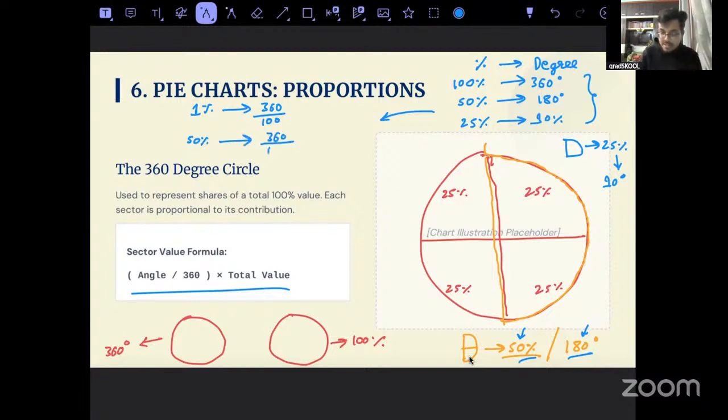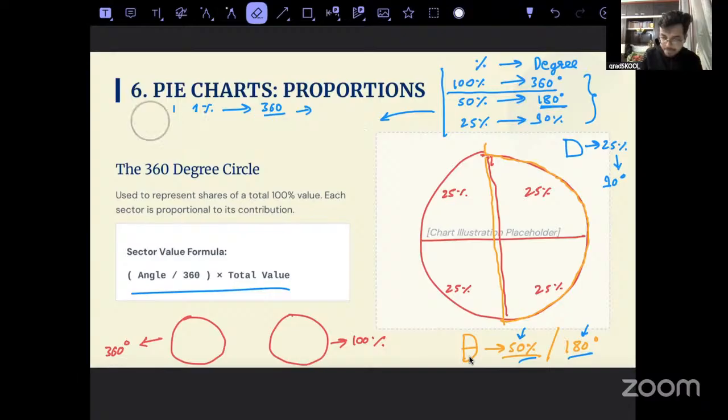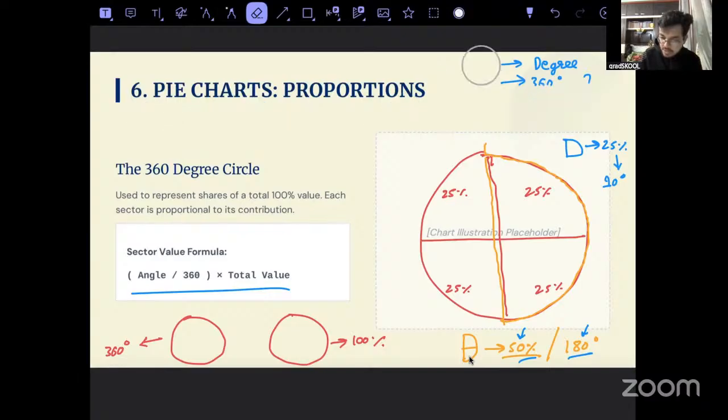So what we did is we took this: 100% was 360 degrees, so 1% will be 360 degrees upon 100, normal multiplication and division. Now if we multiply by 50, this will become 180 degrees. This is the same thing. So this is the concept of how you interpret degrees and percentages. Now going forward we have another concept. Let me erase all this which is not required. Okay, this was required.